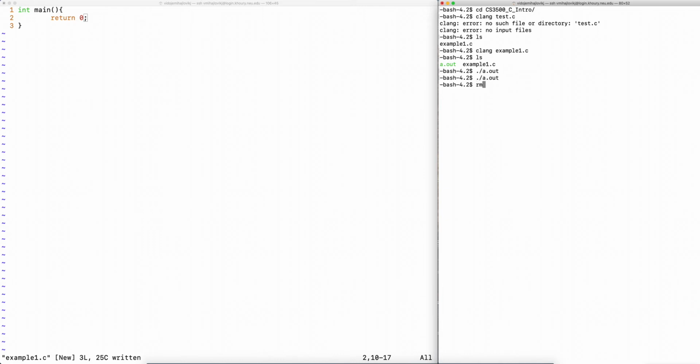So in order to remove it, I can just say rm a.out. Alright, so let's clear the screen, do an ls again. And I can also do clang example1.c, but then I'll say -o, and I'll say myfirstprogram. And there it is. So when I say -o, this is a naming option which will name my program here,